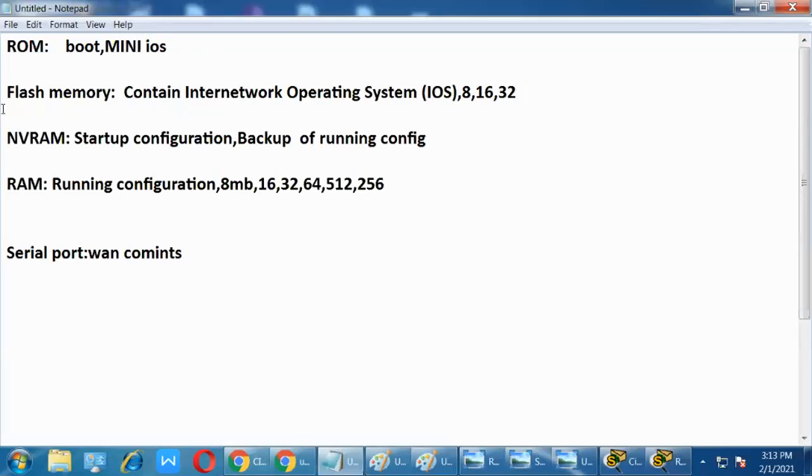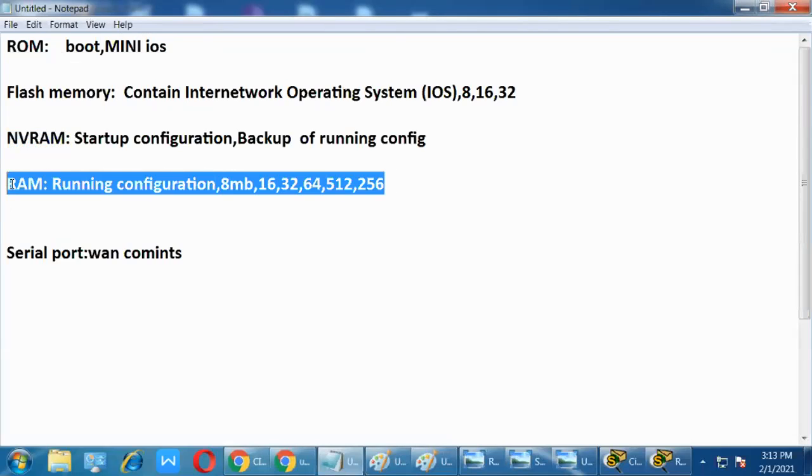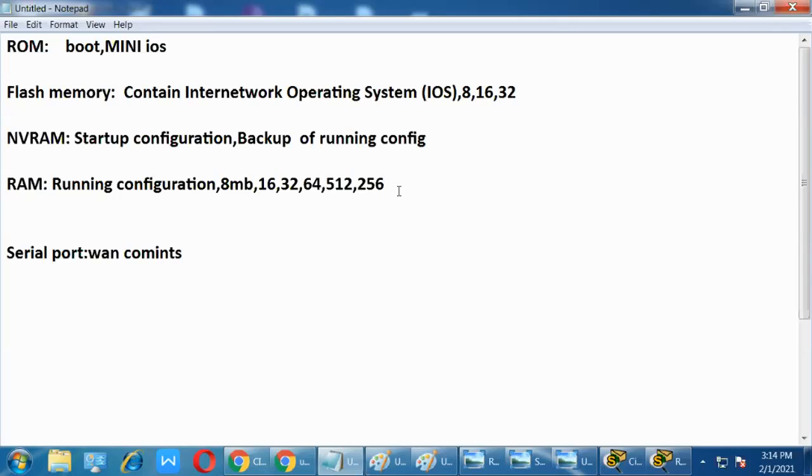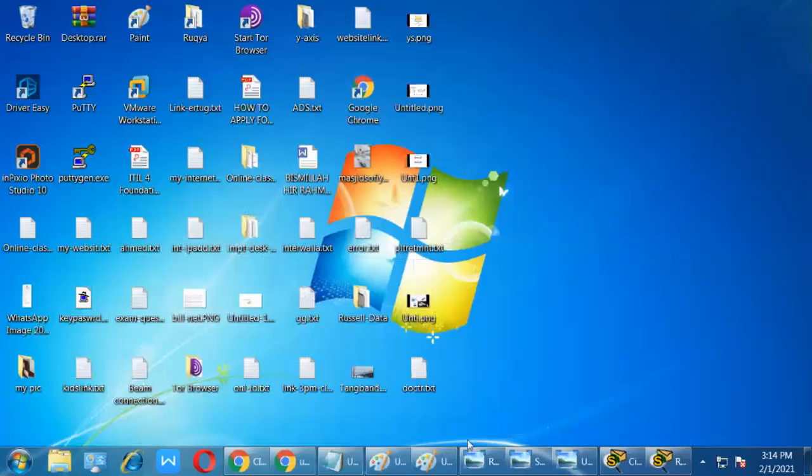So this is the process. First is boot, and then it will check the operating system. The operating system is there. After that it checks the environment, whether some configuration is there, and after that it will provide you the running configuration. From here your work will start. You want to do some configuration or not? Okay, clear? Clear, guys? Yes, sir. Clear, sir.